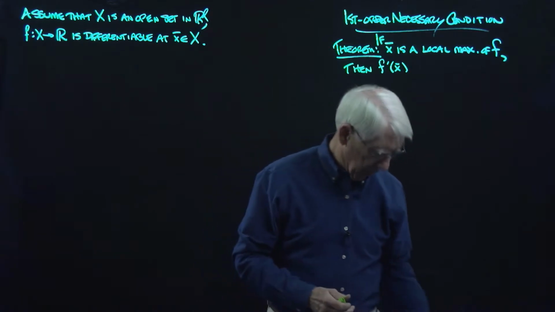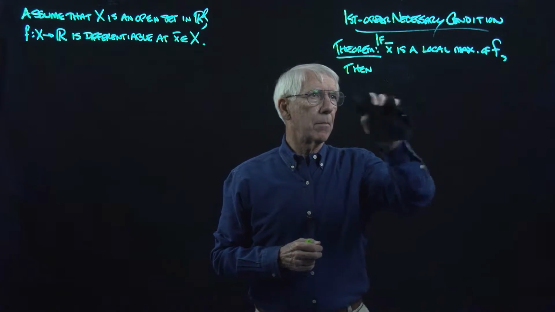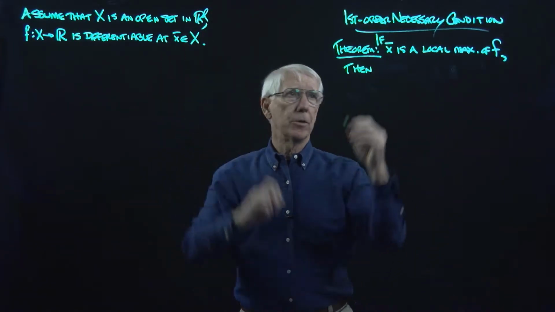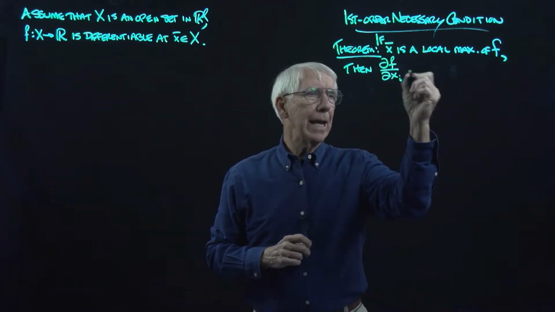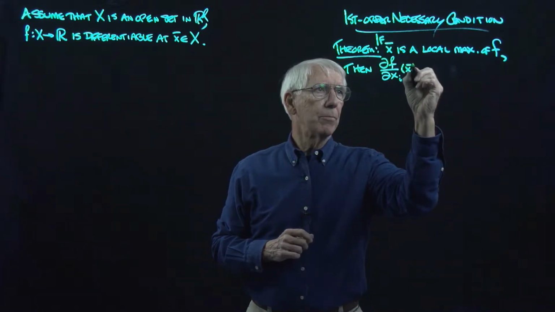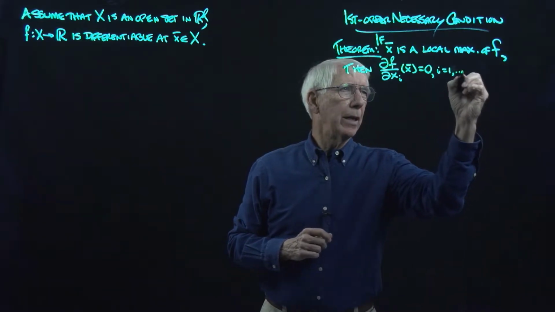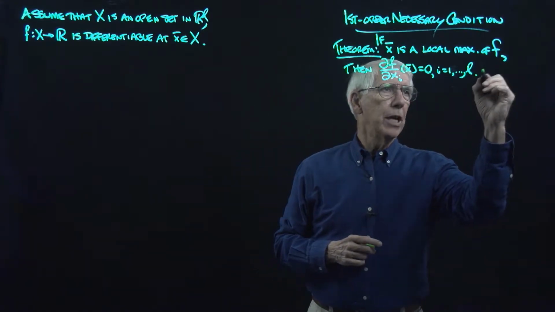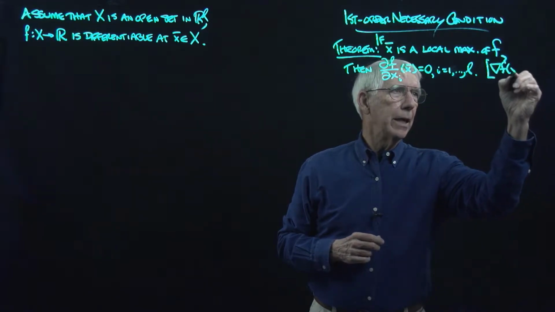and here I actually want to write this for R^L. So then the partial of f with respect to the ith variable at x bar is 0, i equals 1 out to L. All L of the dimensions are variables. And notice that we could have written this as just